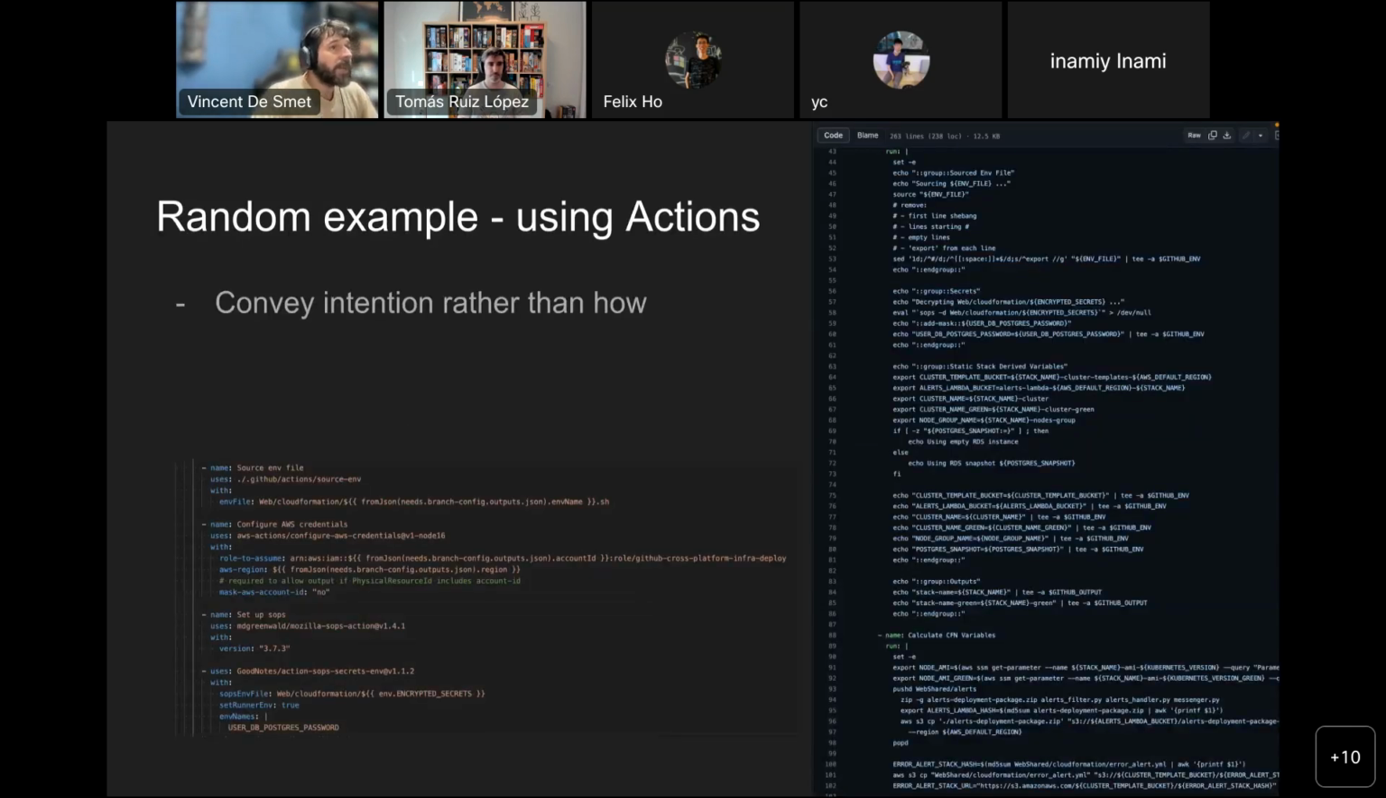So here's the same example where I've rewritten it a little bit using more actions. It's not really fair because the configure AWS credentials step was below this huge block, but I think the most important component here is that instead of having to call sops decryption and storing the result in the environment by evaluating the output, we are now